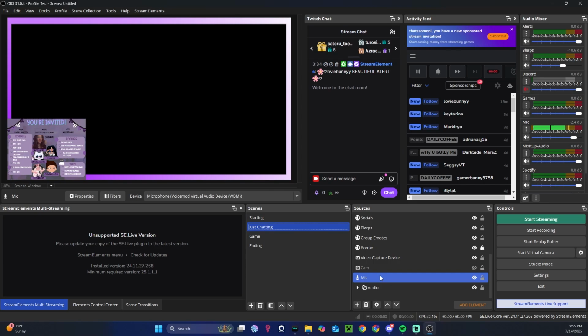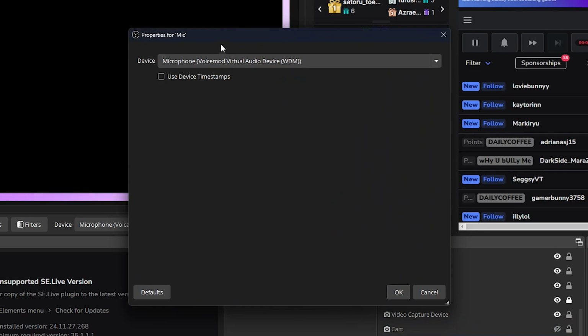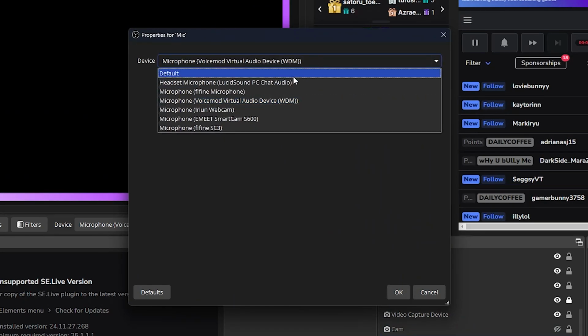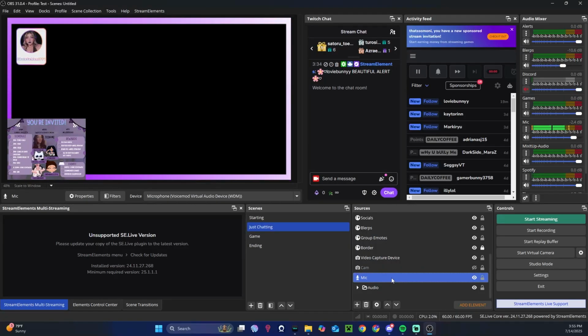So when you do that, go ahead and right-click on your mic and left-click on Properties. This should pop up with the device. Go ahead and click the device whichever pertains to you, and then hit OK. Now we want to add filters to the mic. Go ahead and right-click on mic again,